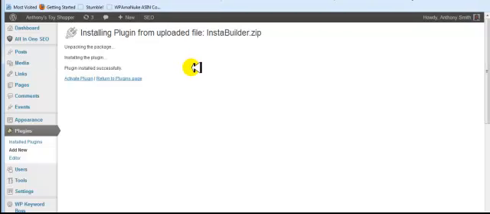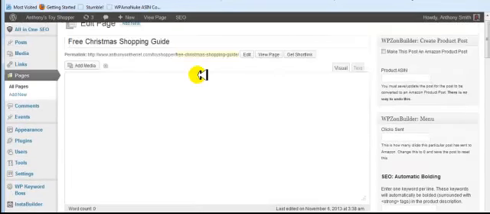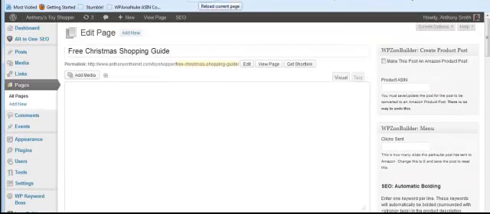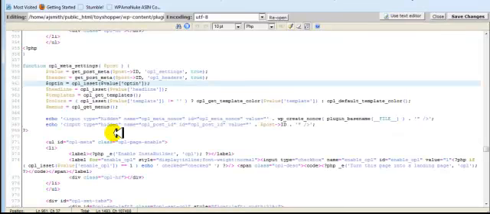So what we're doing is just activating. We've installed, and we're going to activate Instabuilder and see if that cleared up the issue. So we're just going to do a refresh and see if we still have the issue. That did not fix the issue. I really thought it would. I'm looking at the code. The code looks fine. So one other option I'm going to check is